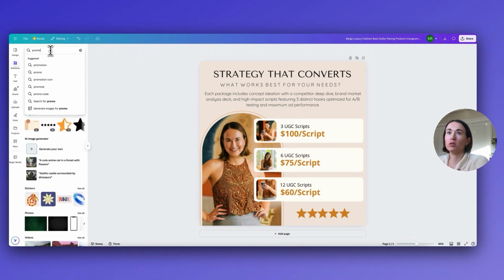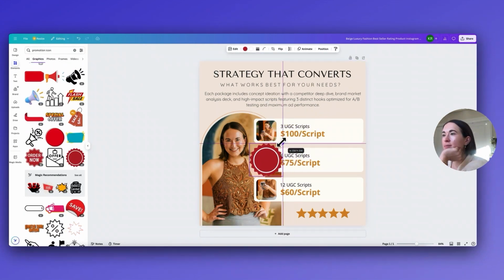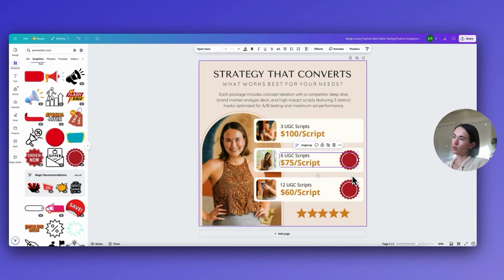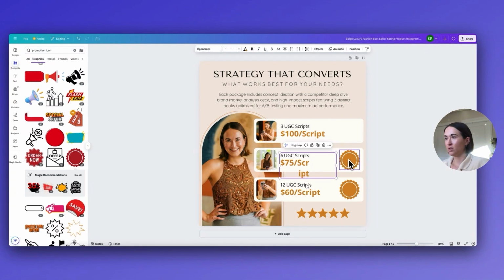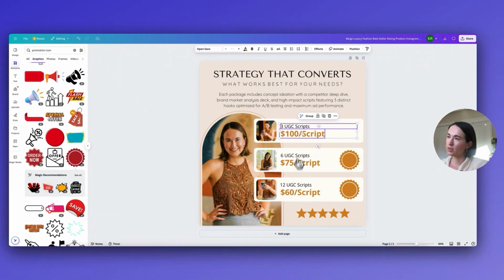I'll look up promo icon. I'll add this and I'll change the coloring. Okay, so I'll do that. And then I will do this one too. And then I'm going to change the color to this color. And then change this color. And then I'm gonna move this over. Never mind. I'm gonna ungroup this and I'm going to move this over here so it's out of the way. I'm gonna ungroup this and move this so it's out of the way. And then I'm going to do ungroup and then